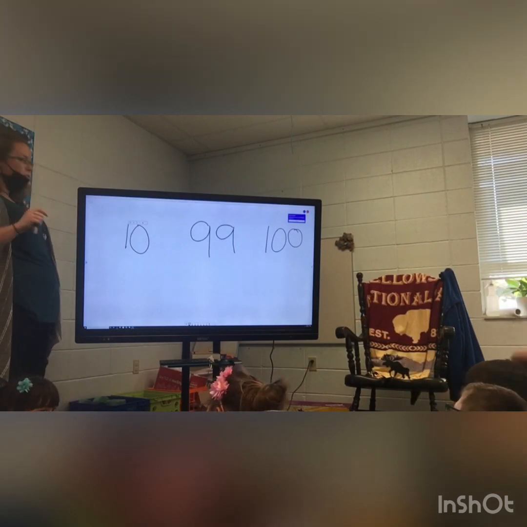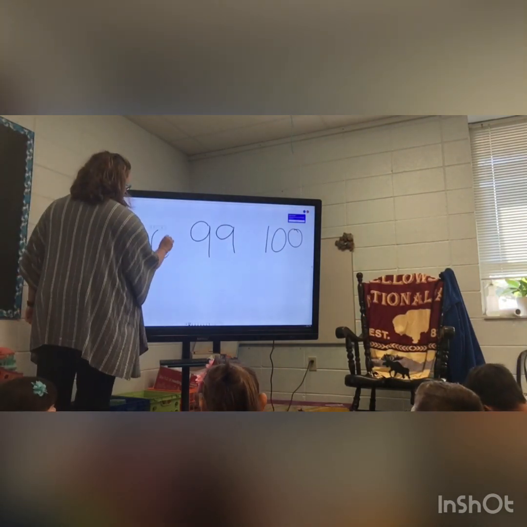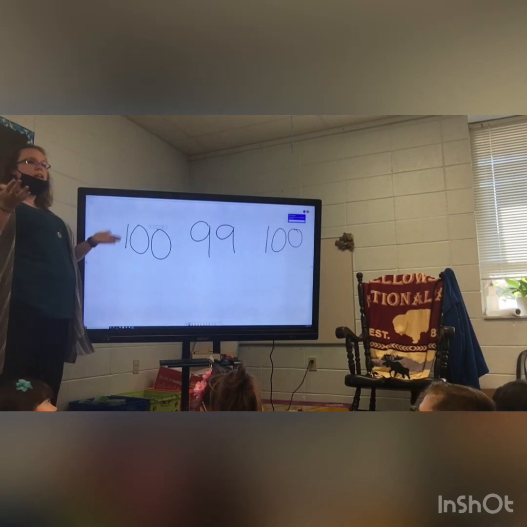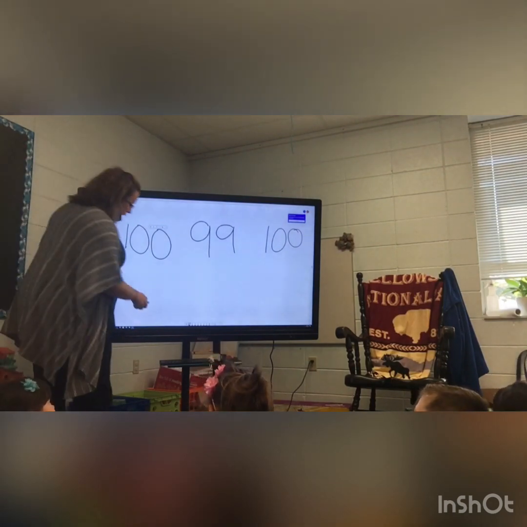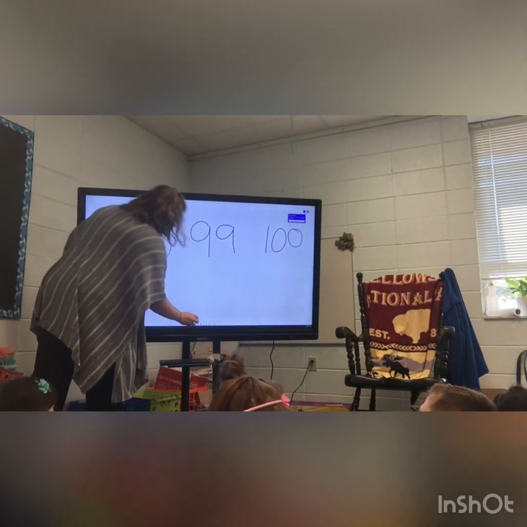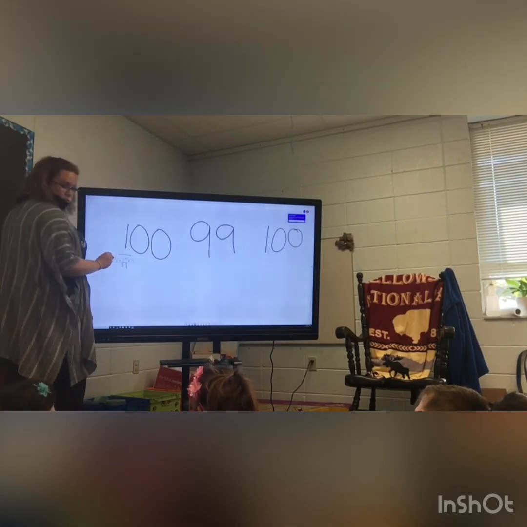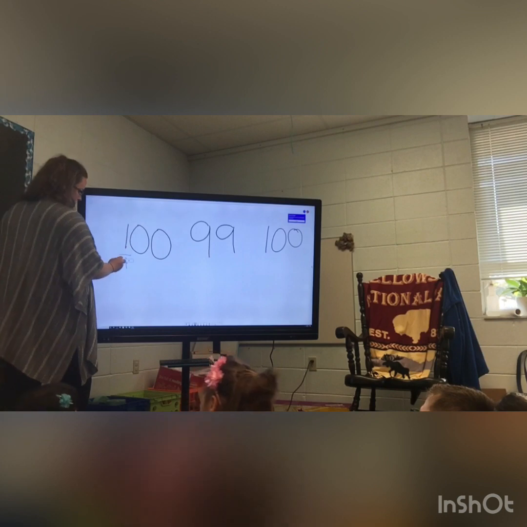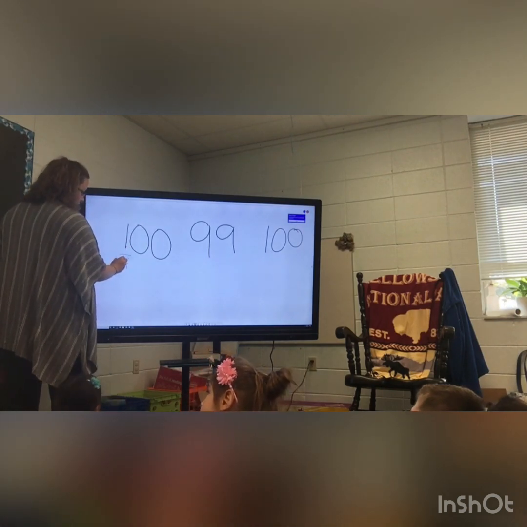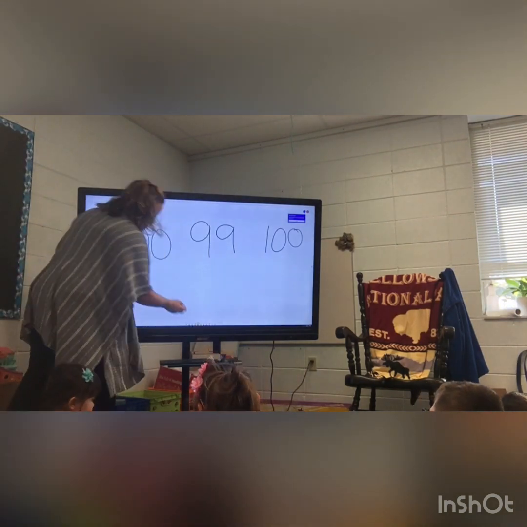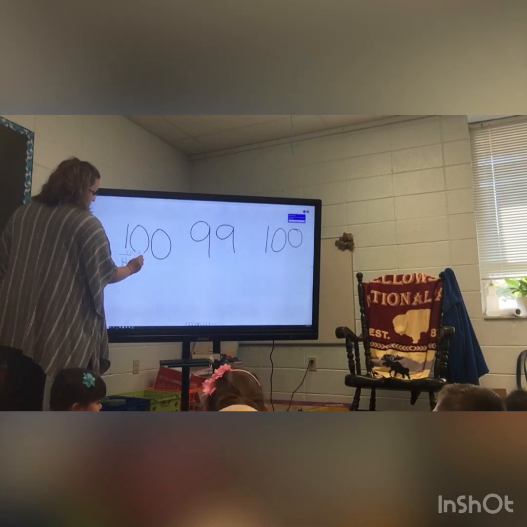Amelia? 0. Which technically, we can say we have 10 groups of 10, or we have one group of 100. Okay, because it's 100, right? So we have 100, 0 tens,